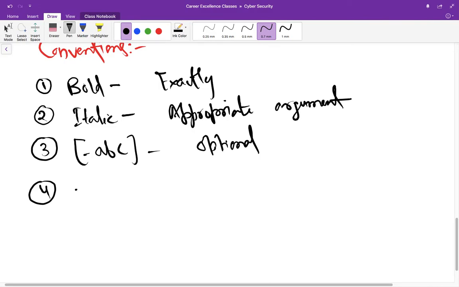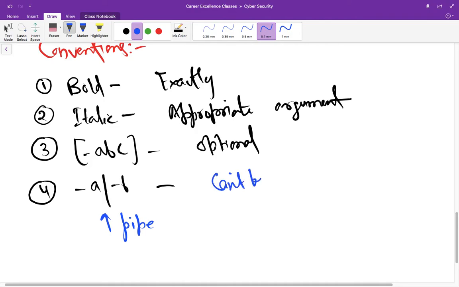Fourth one, if you see anything separated by this pipe symbol, this vertical line is called the pipe symbol. If you see it like this, that means these arguments cannot be used together. And if it is like this, it means these arguments are optional and you can use one of them, right?